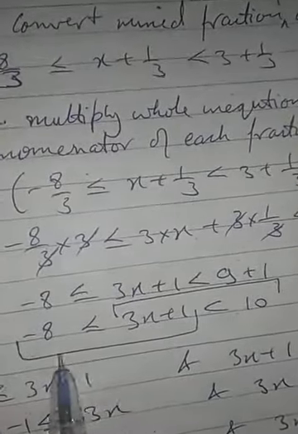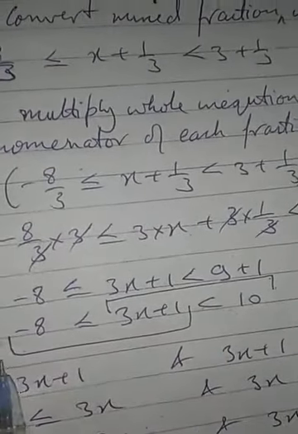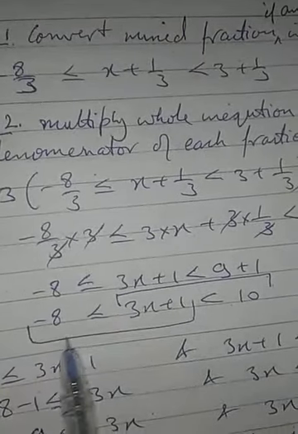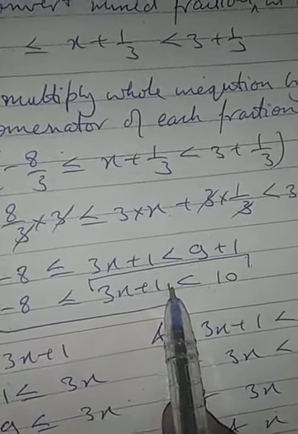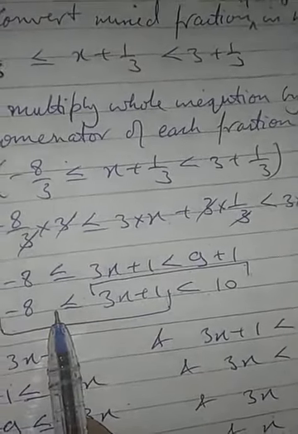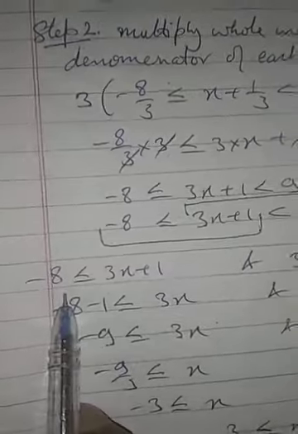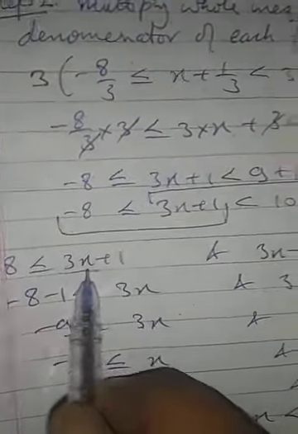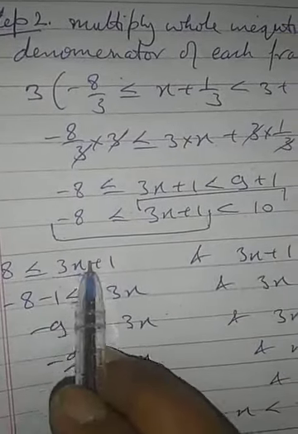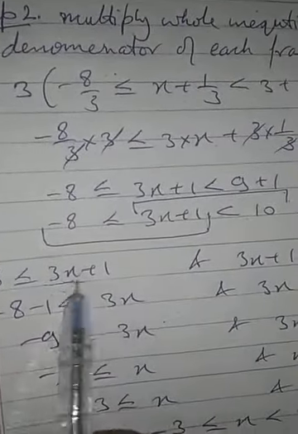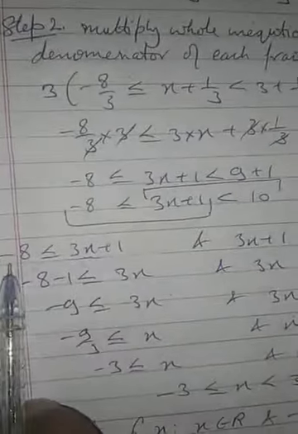Now this inequation contains two inequality signs, so divide it into two parts. One from the starting itself till we get the start of the next inequality sign, and another from where the first inequality sign ends to the last part. So the two parts are minus 8 is lesser than or equal to 3x plus 1, and 3x plus 1 is lesser than 10. The only thing you have to remember while solving this inequation is that x should always be positive. Never make the x negative. If it is negative, then change its side, and make it positive by changing the side.